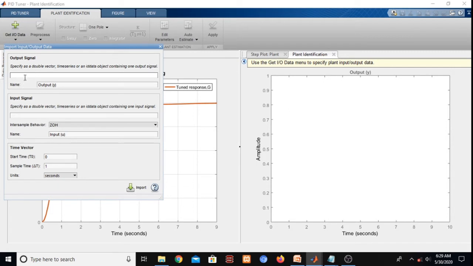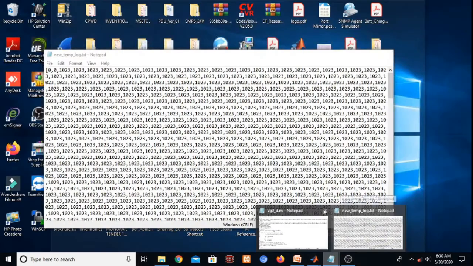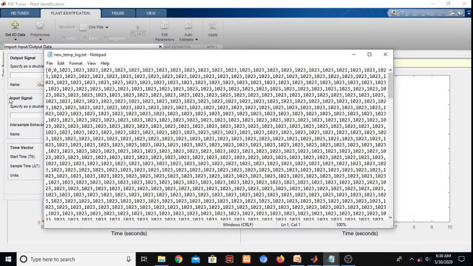So here you have to enter the output signal and input signal. It should be done column wise. For example, we have data here in this text file, and always you should have the data in a square bracket, and each data point should have a comma in between two consecutive data points.